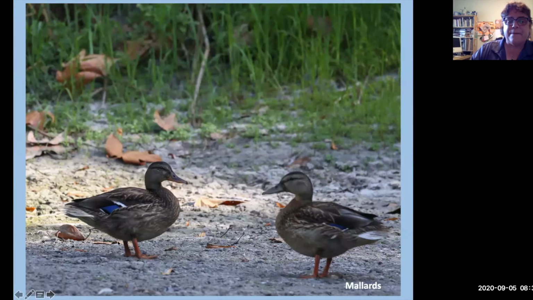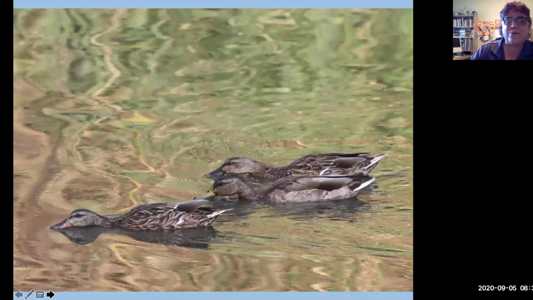This is a female mallard and a male mallard. I can tell because it has a yellow bill and an orange bill, but they're molting. They can't fly very well. These are the flight feathers. And once they fill in, they'll be able to fly. Even the tail feathers are a little bit short, but they're very cute. So this is what they do most of the time there.